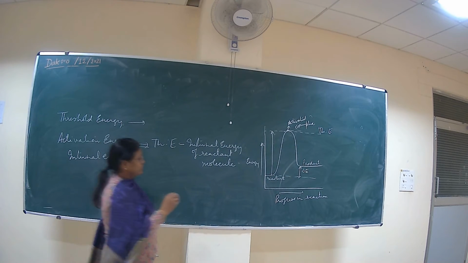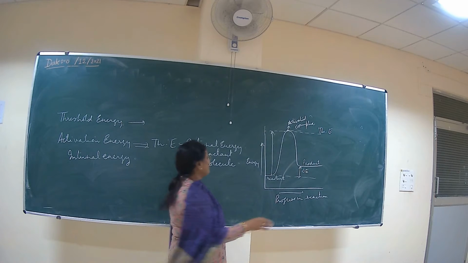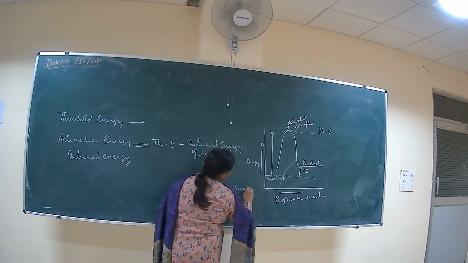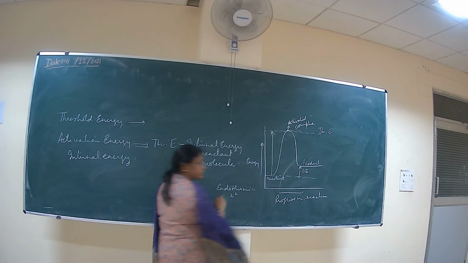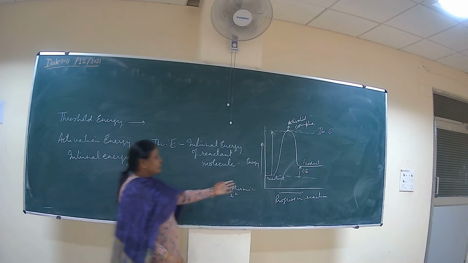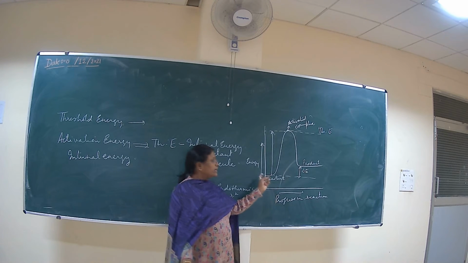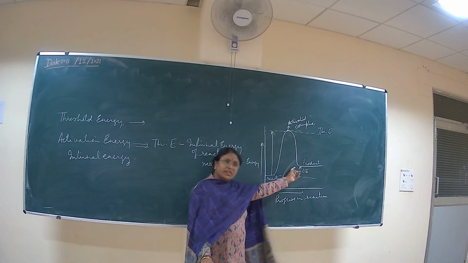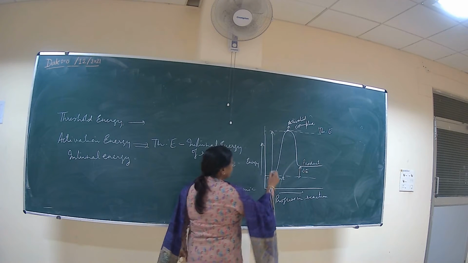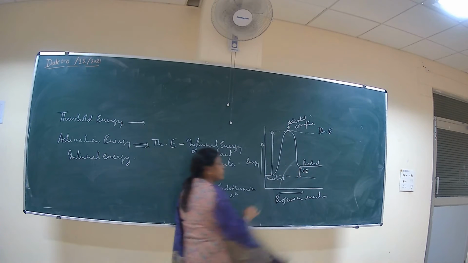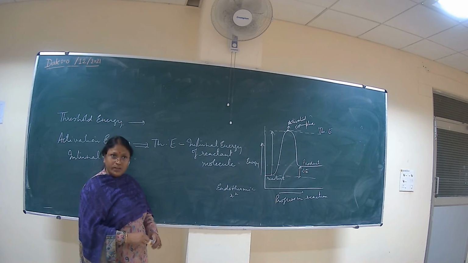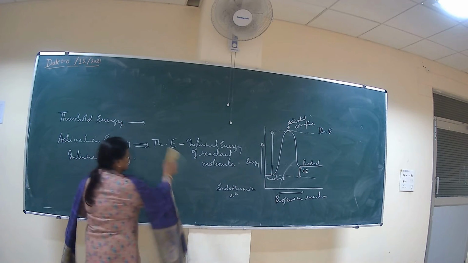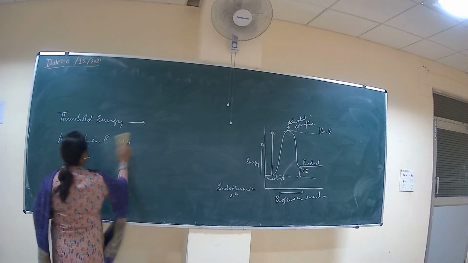For the sorry, एक मिनट, ये हमारा एंडोथर्मिक रिएक्शन किया है. I am sorry for that. This is the endothermic reaction. ओके. ये जो हमारा ग्राफ है, this graph is for the endothermic reaction. Reactant molecule has less energy and product molecule has the greater energy. So for the formation of the product, the energy is provided. Okay. And for the exothermic reaction, this type of graph is for the endothermic reaction.